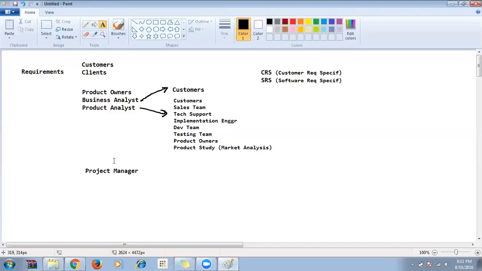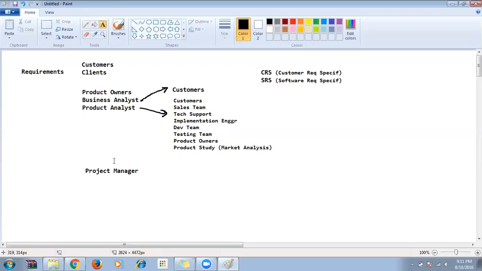He will collect the requirements and check how many resources we need and how much time it needs to complete the entire work. Finally, he is the person who gives the assurance that yes, we can complete this requirement and it will take this many days.